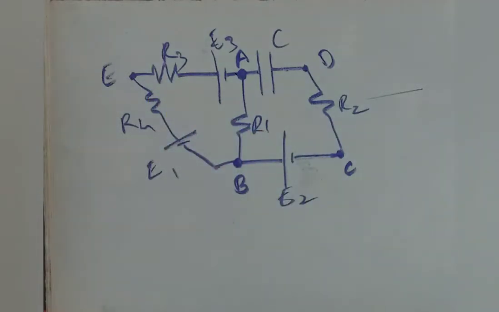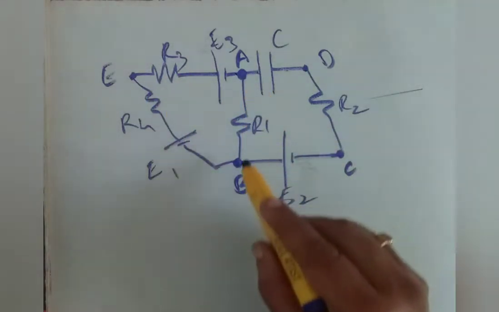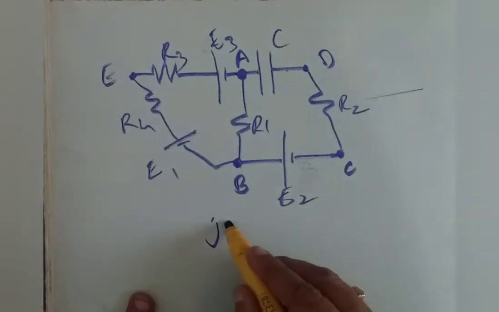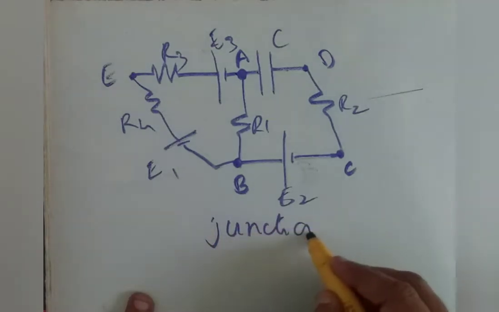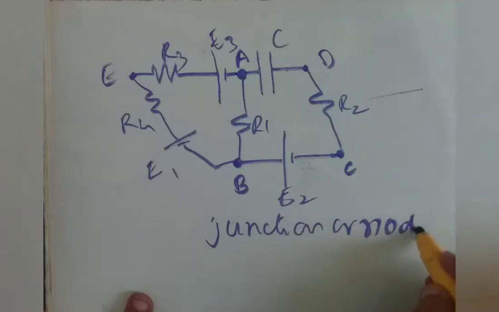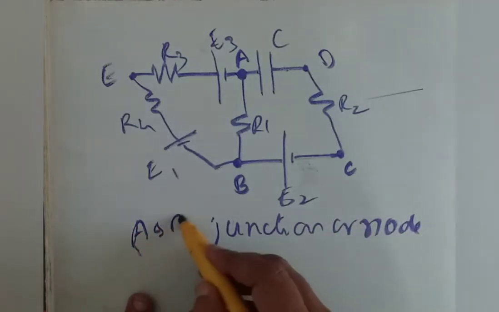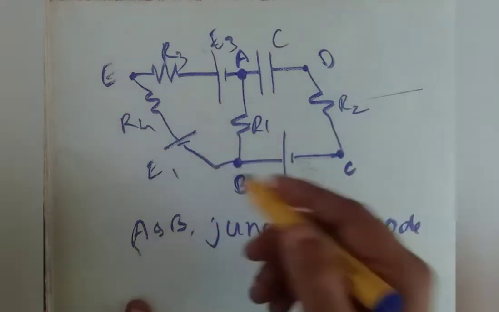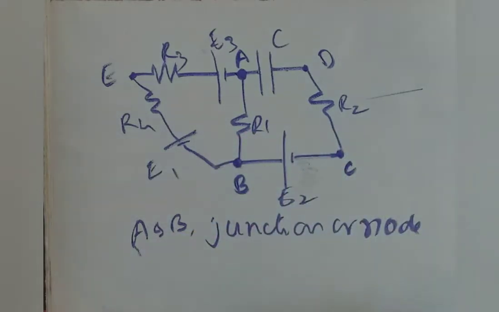Here two resistances. That's why these points A and B are called junctions or nodes. A and B are junctions or nodes, but C, D, and E are not. It is just like this. In a big railway station, like Mysore railway station or Bangalore railway station, where trains can be received or sent in many directions, they are called railway junctions.